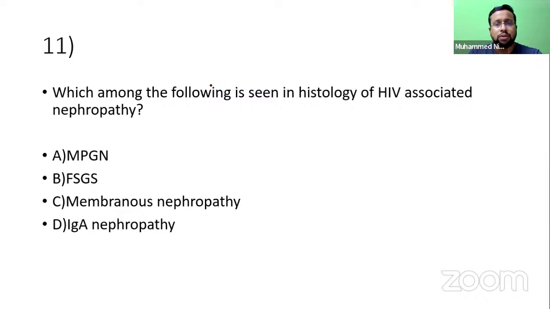Anyway, which among the following is seen in histology of HIV-associated nephropathy: MPGN, FSGS, membranous nephropathy, or IgA nephropathy? I'm sure only about FSGS being an option. The rest of the options I'm not very sure about. Anyway, the answer is focal